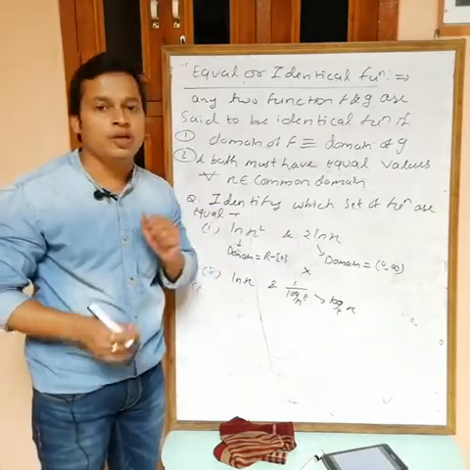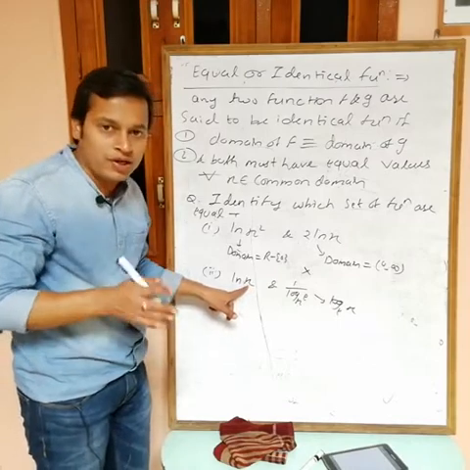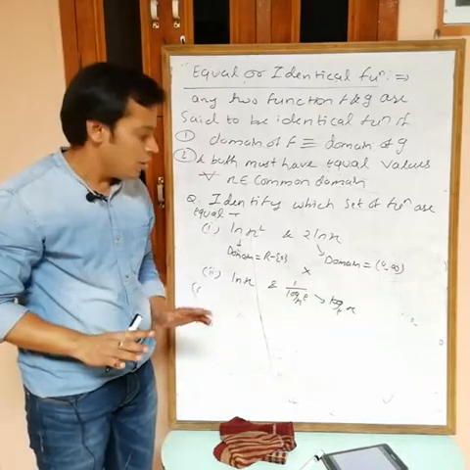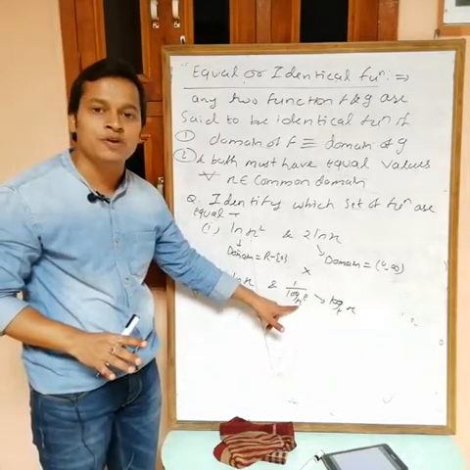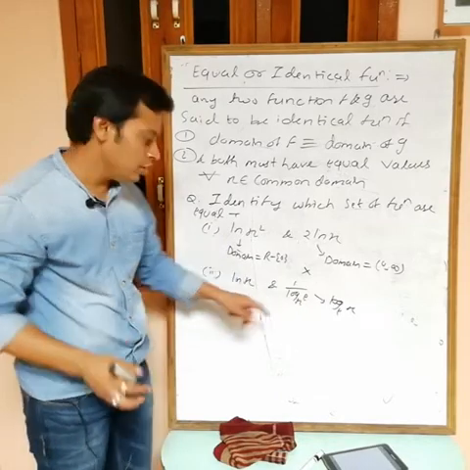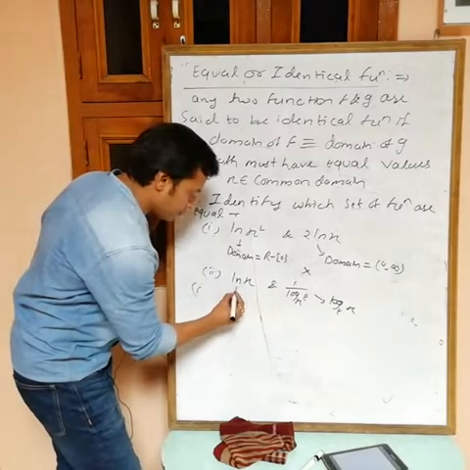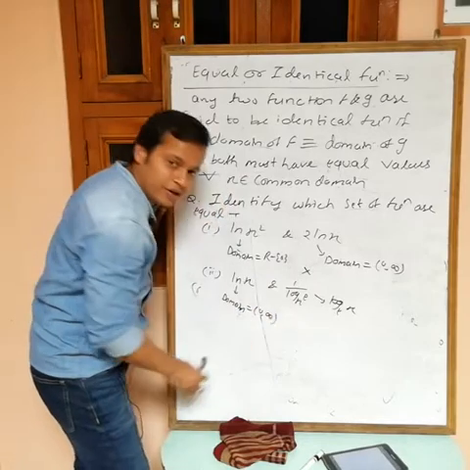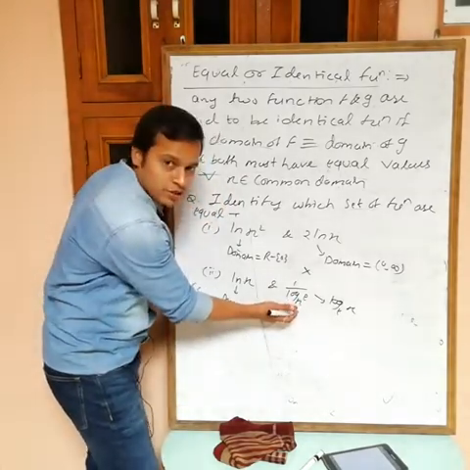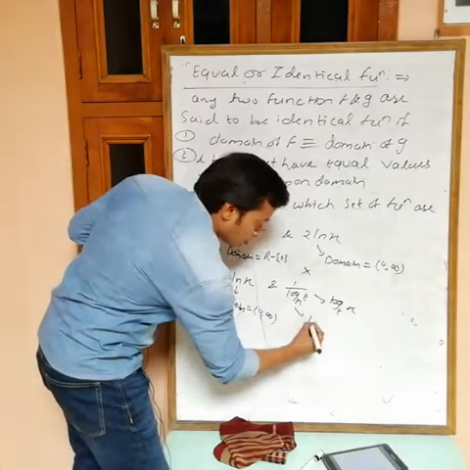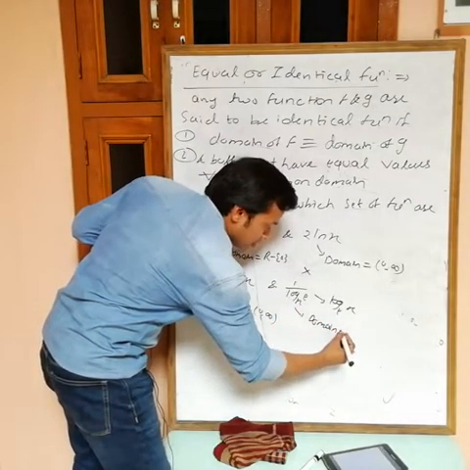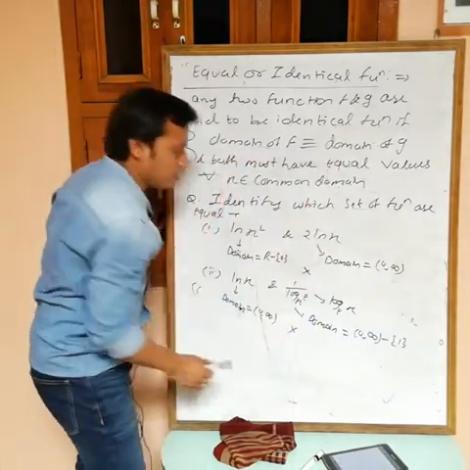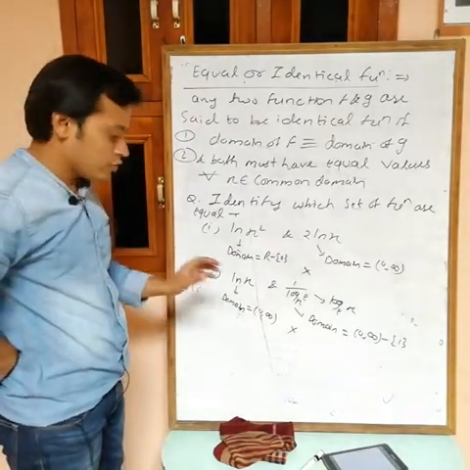Reason? Because domain is not same. In this one, if you put 1 it is valid, I can put x equals to 1. If you put x equals to 1, then log 1 is 0, we have value. But in this one, x is given as base, so base can't be equal to 1. For this one, domain is 0 comma infinity. But in this one again base must be greater than 0, but again one thing, that domain is 0 comma infinity, but can't be equal to 1. So again these are not identical, because domain is not same.